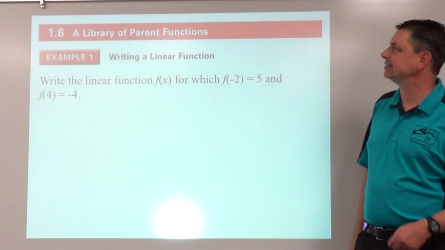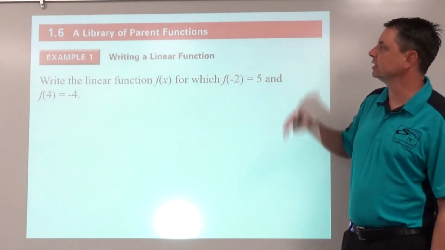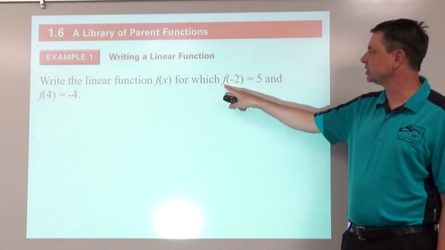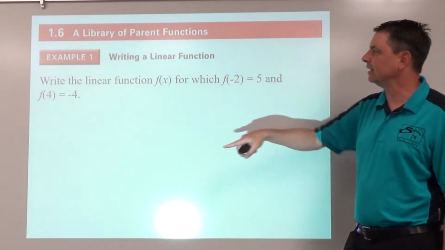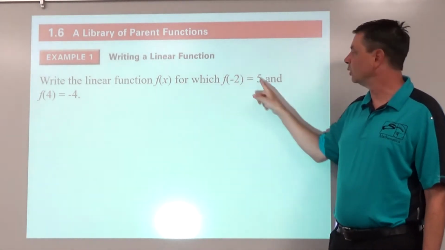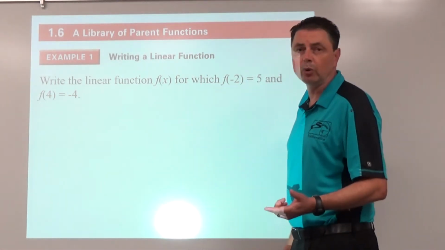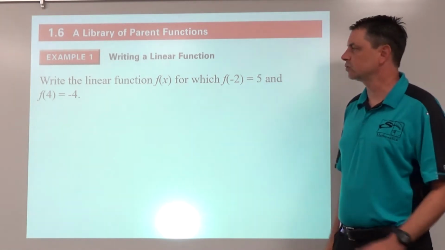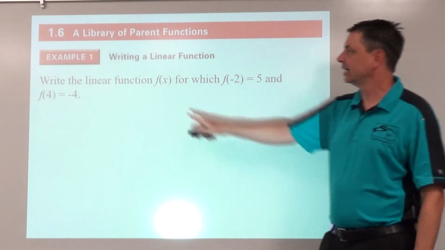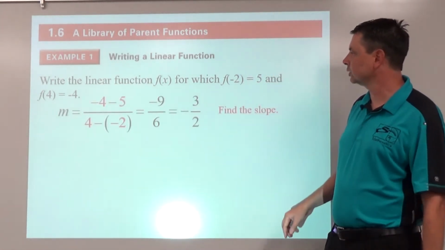So we're taking a look at 1.6, a library of parent functions. It begins with example 1, writing a linear function. Write the linear function for which f of negative 2 is 5 and f of 4 is equal to negative 4. So x comma y, x comma y, we're given 2 points. And when we're given 2 points, we're going to want to see if we can come up with the slope, as it is a linear function. So slope going first,